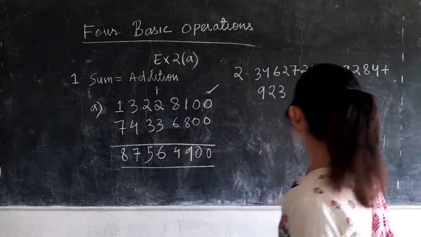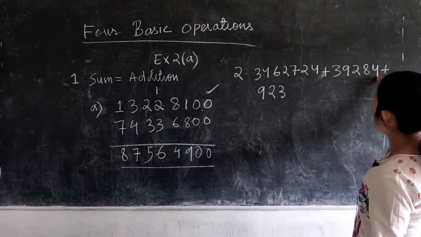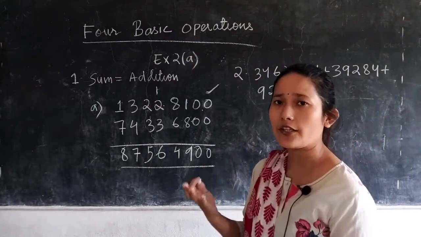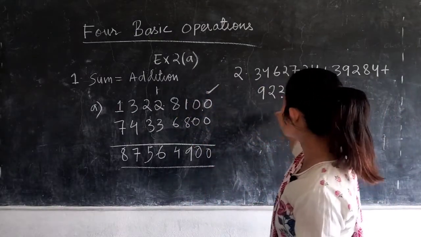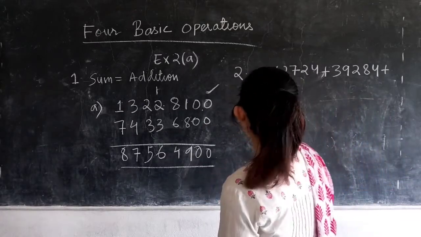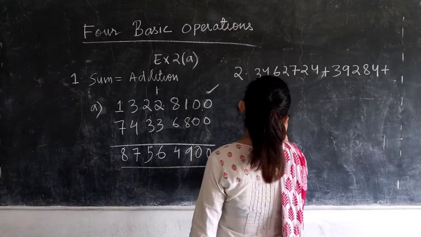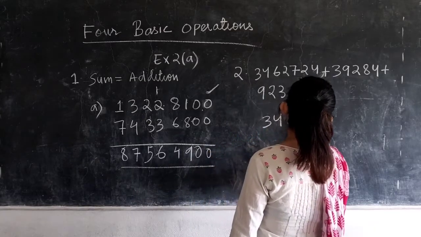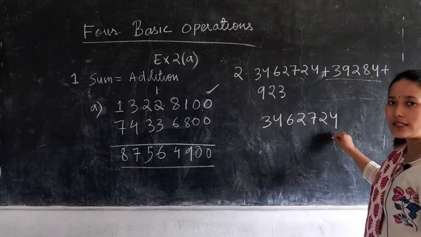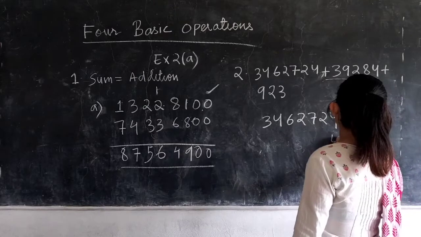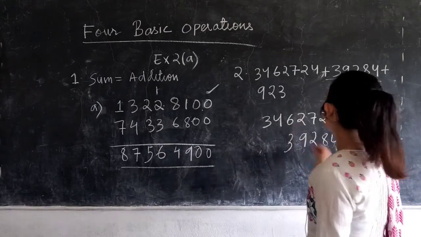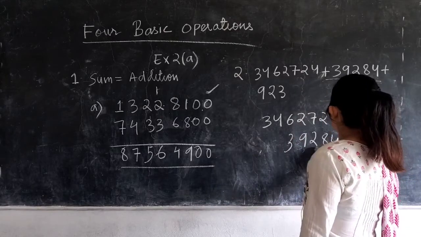If you can mentally calculate, like 4 plus 4, 8, 8 plus 3, 8, 9, 10, 11, so if you can mentally calculate also, you can simply write the answer directly. Okay, but for your convenience, always arrange them like this: 4, 6, 2, 7, 2, 4. While you are writing the other set of numbers, start from the ones place only. Okay, so you will have 4, 8, 2, 9, 3, and another one is 3, 2, 9.